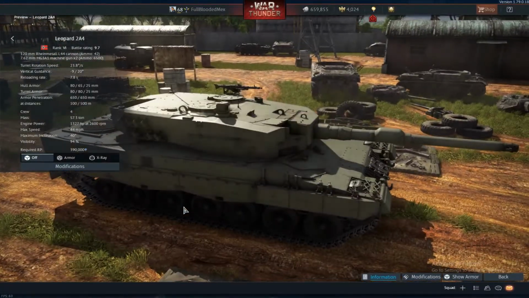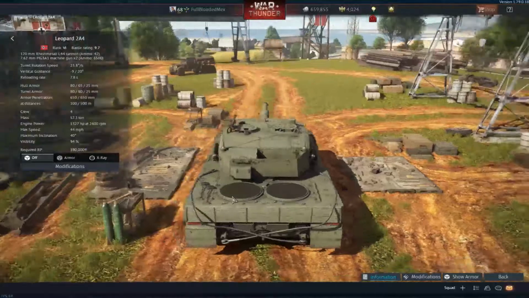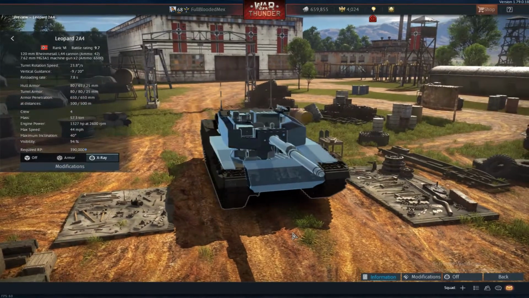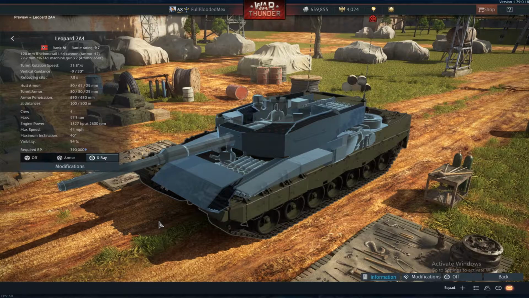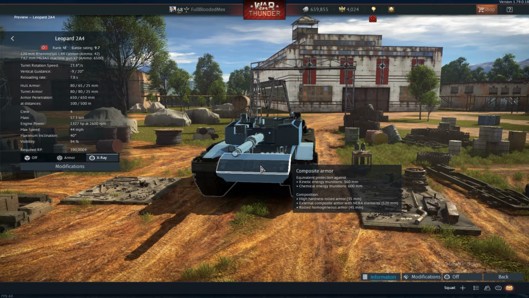So we're finally here, the Leopard 2A4, and by God, just look at this thing, it's so sexy. If we go into the X-ray, we can see that the composite stretches all the way down, giving your drivers good protection. It only has 360 millimeters of kinetic and 600 millimeters of chemical, which surprises me because